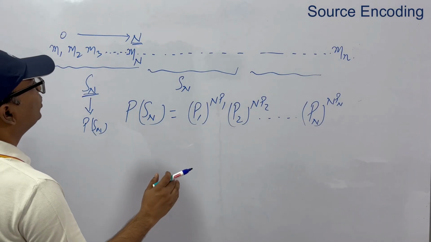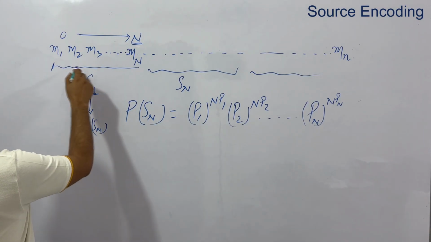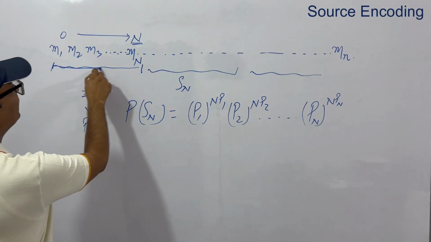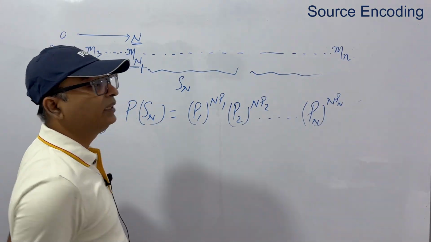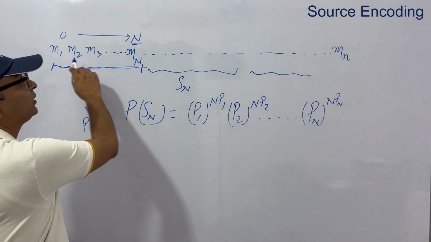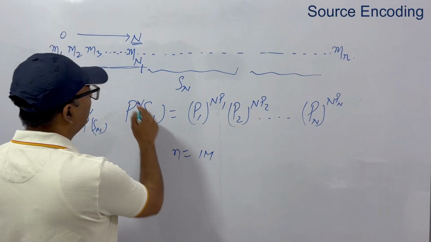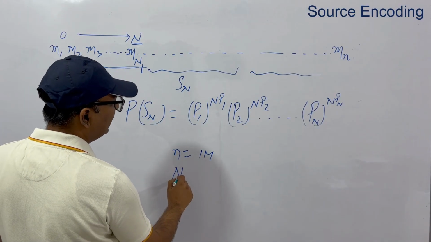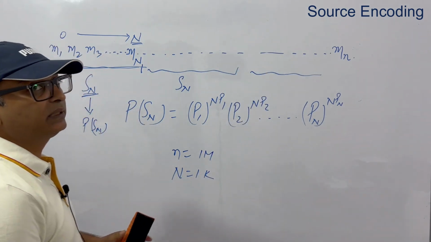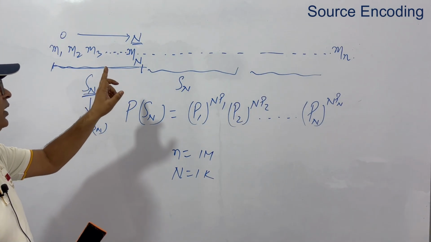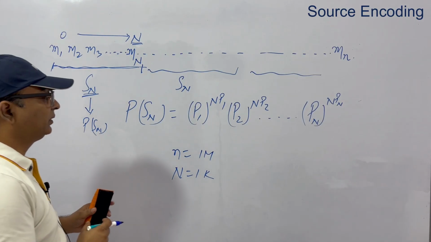Okay, so what I am trying to say is that we can take this sequence as one message, so that our different messages are equiprobable. Let's say this was for n is 1 lakh, or say 1 million, and this n is 1000. So we can have 1000 such messages which are equiprobable, and their probability is P(Sn). This is what I meant. Okay,